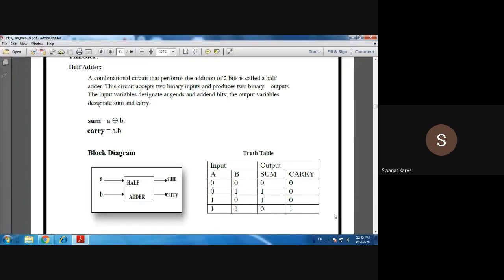Again tell me, what is the difference between combinational logic design and sequential logic design? We have already discussed this, so can anyone answer?